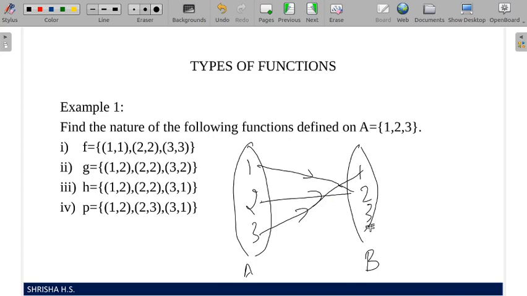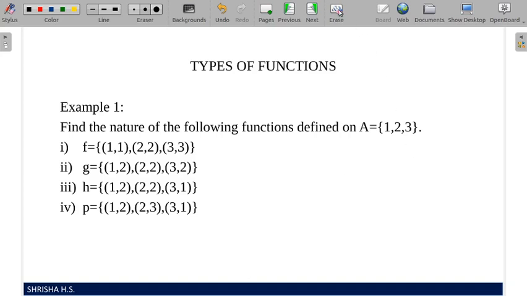Okay, is it a one-to-one function? No, because there is a 1 to 2 and a 2 to 2, so therefore it is not a one-to-one function. Two mappings are there. As onto and one-to-one are both not there, it is not a one-to-one correspondence either. So this is just a valid function, and you cannot classify it into any of those 5 types of functions which we have discussed. Okay, so it's just a function.